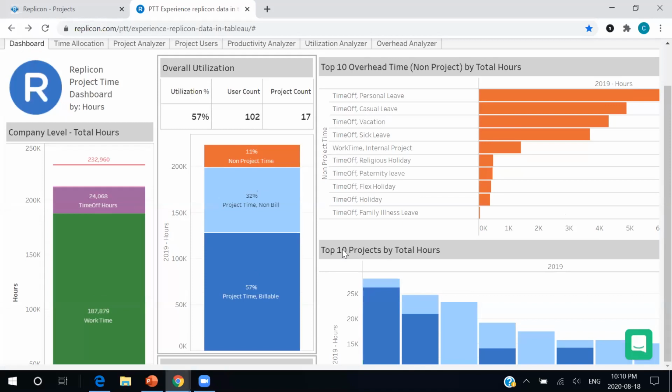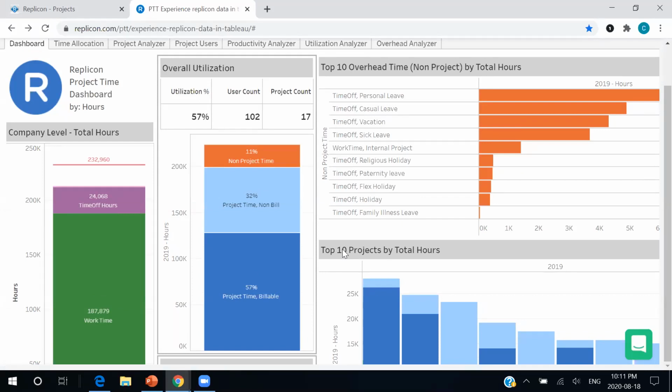So here is part of the platform. This is one of our BI connectors, but these are our dashboards, and they are the culmination of all the data that you have put into Replicon. And we know there is so much going on. You have billable hours, non-billable hours, project time, non-project time, costs, expenses, vacation, time off, and overtime, and you need to keep track of all this information and understand what it does for your organization. So that's why we have our dashboards. They are updated in real time. So every single piece of information that you input to our system will be revealed in one of these dashboards.